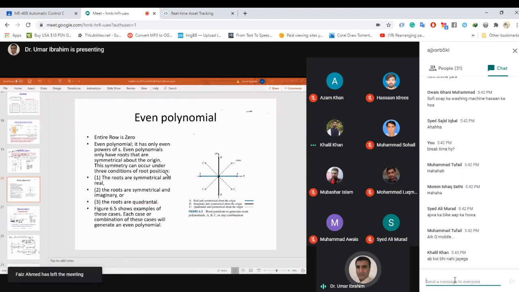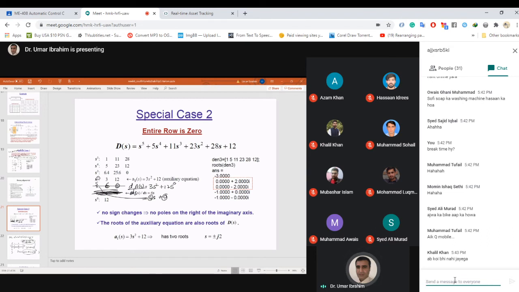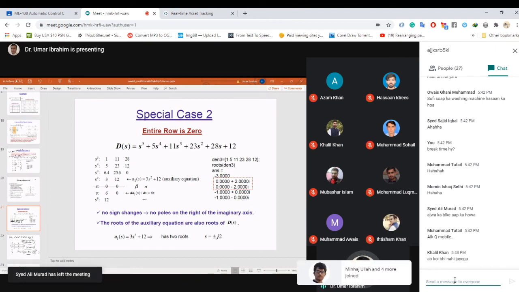हाँ, ये उसी की हम बात कर रहे हैं ना। हम ये कह रहे हैं कि जब रो जीरो हो जाता है, तो ऑलमोस्ट ऑलवेज ऑड पॉलिनोमियल में आपके पास जीरो होगा। देखिए इस एग्जांपल में देखें, ठीक है। वैसे इवन पॉलिनोमियल में भी जीरो हो सकता है। आई विल कम टू दैट। वो एक दूसरी इंटरेस्टिंग बात है।